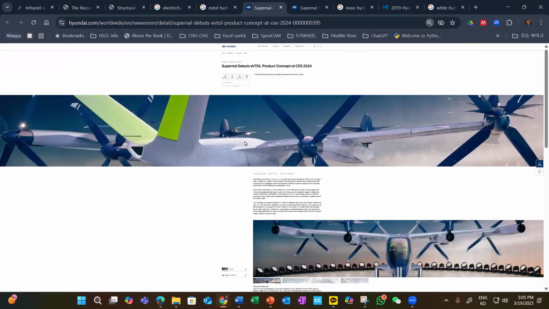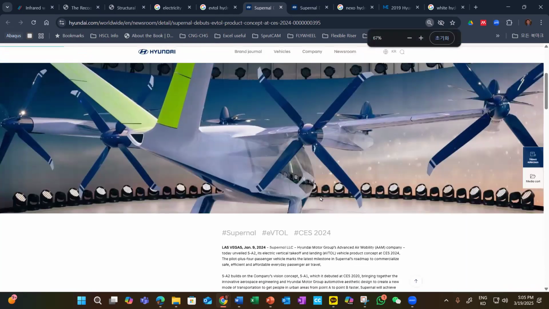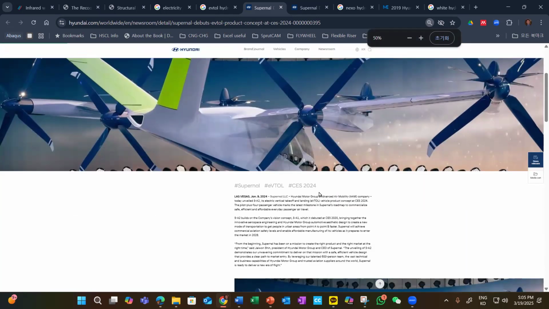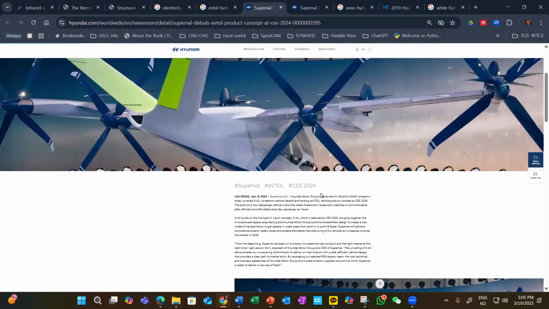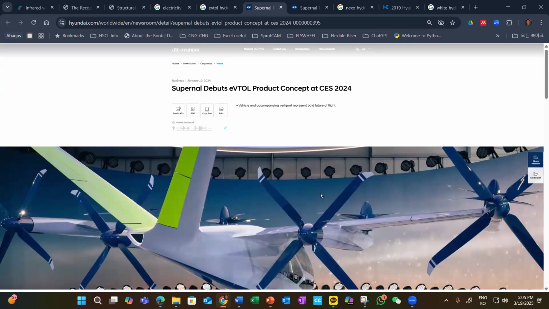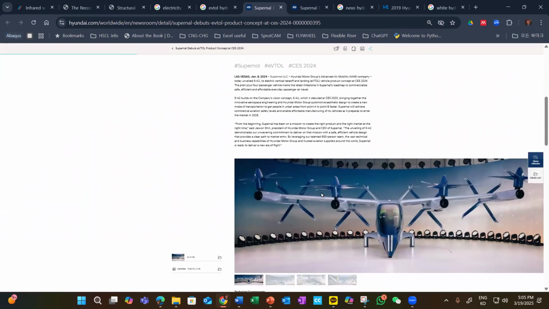It is like the airplane, but all using the electricity, and especially Hyundai, they put a lot of energy rather than along with the battery power, but also hydrogen power. So Hyundai, their vision is not only as an automotive manufacturer, but also the